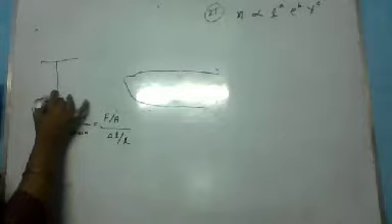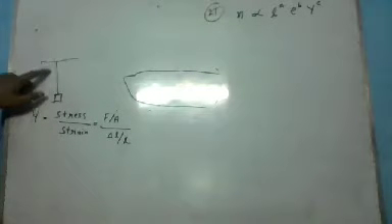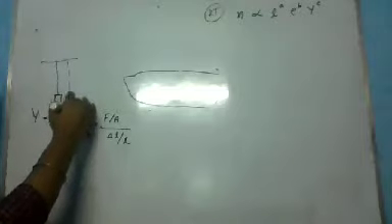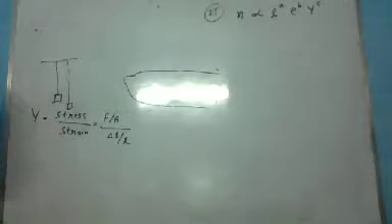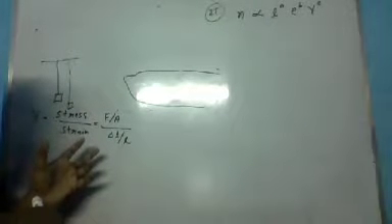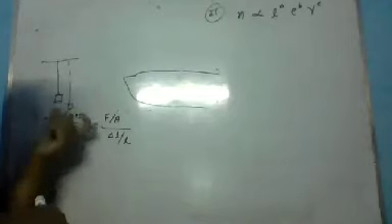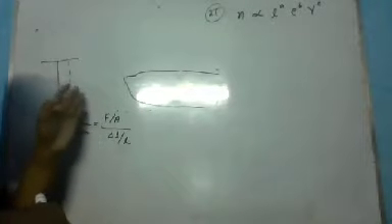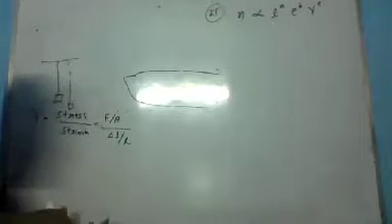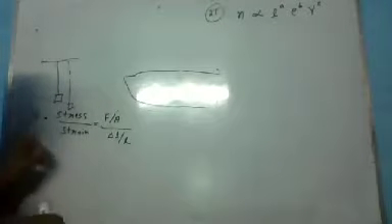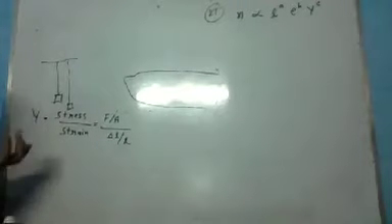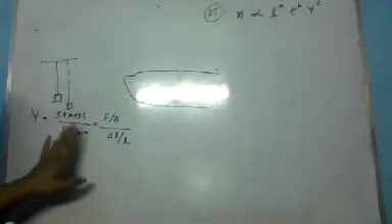Consider we have a block which is connected by a string, and when we apply the force, this string will stretch, right? Strings of different materials will stretch to different extents. Like if we are using steel, it will increase to a different extent, and if we are using a rubber string or any other kind of material, it will stretch to a different extent. So this constant tells us about the elasticity of the material. Formula is stress upon strain.